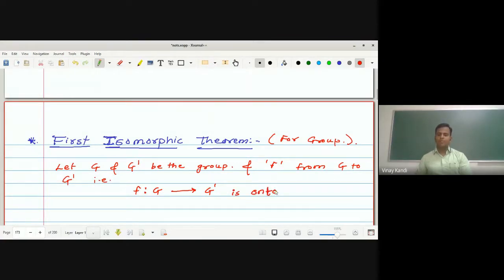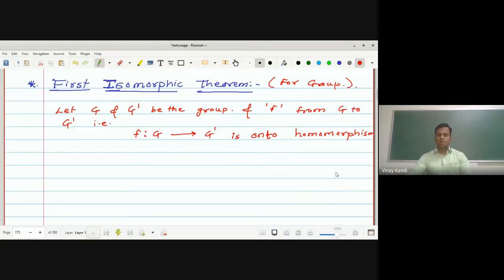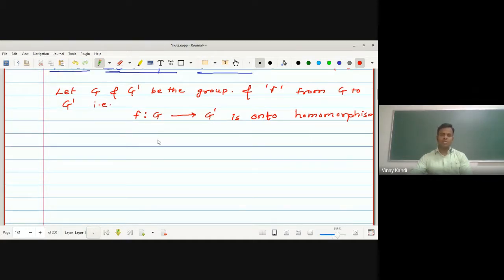It means f satisfies the homomorphism property: f preserves the operation, and f is onto. That means for every element belonging to G dash, there exists a pre-image in G. So let G and G dash be groups, and f a function from G to G dash which is onto as well as a homomorphism. Then we have to prove that G dash, the codomain of this function, is isomorphic to